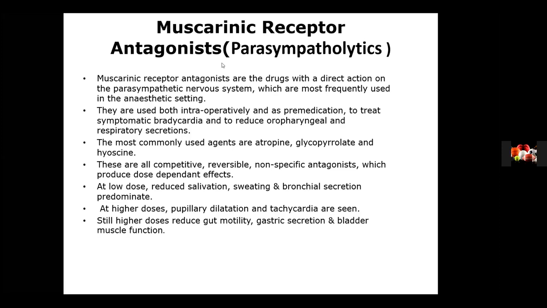I beg your pardon, on hyoscine and ipratropium, what are they based on? Hyoscine and